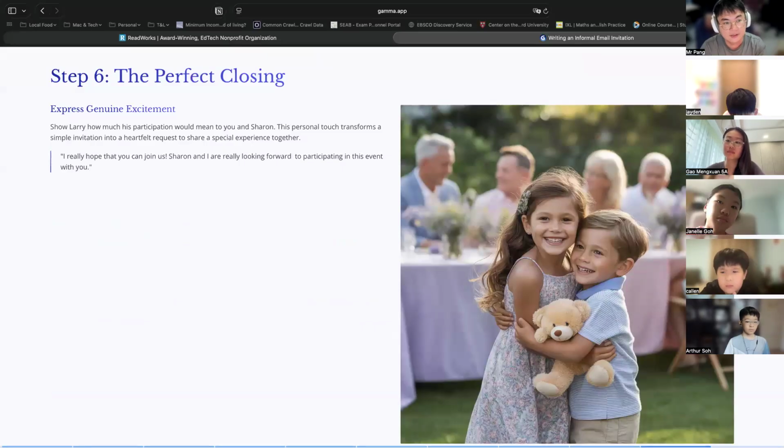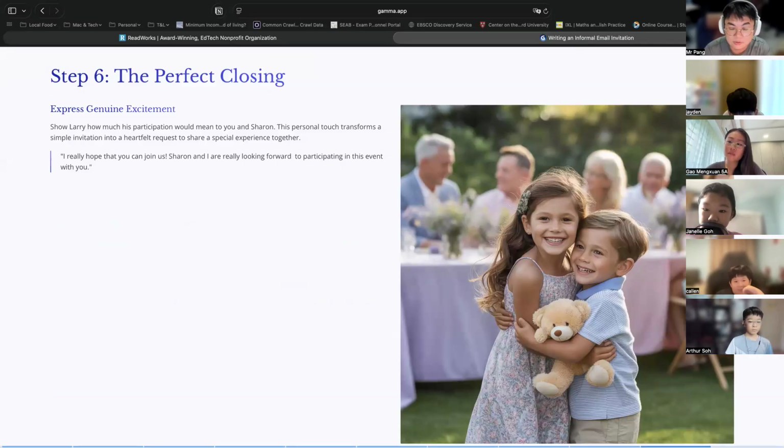Okay, and finally, right? That's the end, right? This is the last paragraph, right? We've given all the details. Now we're going to repeat the purpose statement. Okay, why is it important to repeat? Because we want to remind our cousin to respond to us, right? This is an email. So what do you do with emails? Do you just read and then throw away? No, right? You read and reply, don't you? Right? You read and reply.